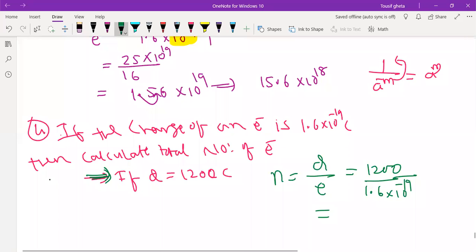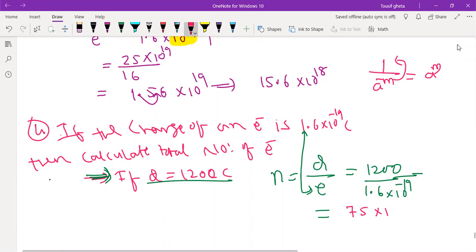What is the answer? We know the charge of an electron is this. Calculate the total number of electrons. Total number of electrons n is equal to Q by q, they give. So if you want, you can multiply with 10. 1.3 into 10 raised to 20. Yeah, that's good. This is Rekha. Rekha is right. So 75 into the power 19. Yeah, exactly. You will get 75 into 10 to the power 20.